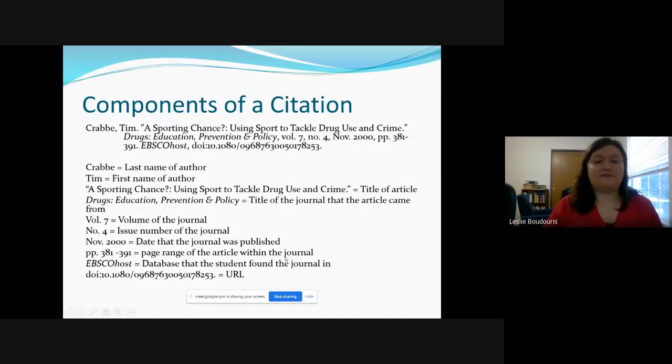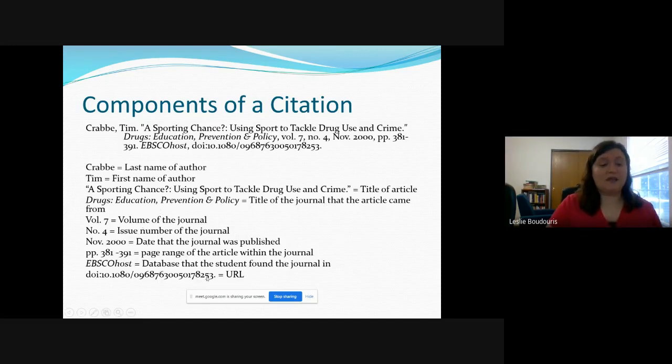And this is the same citation I had earlier. This is a component of something you might find on Jeffco's library database. Because this might not make sense to a lot of you, you can see this is the last name of the author. This is the first name of the author. This is the title of the article, title of the journal, volume number, issue number, date, and page range, and